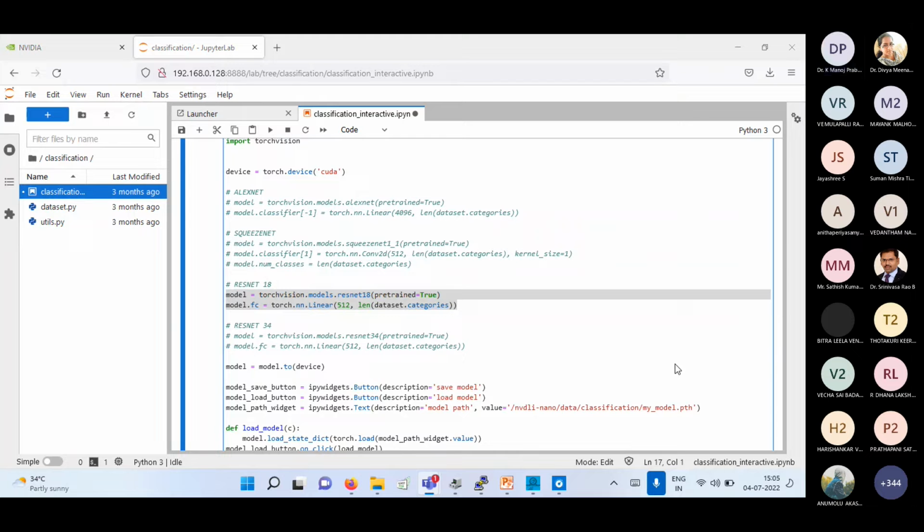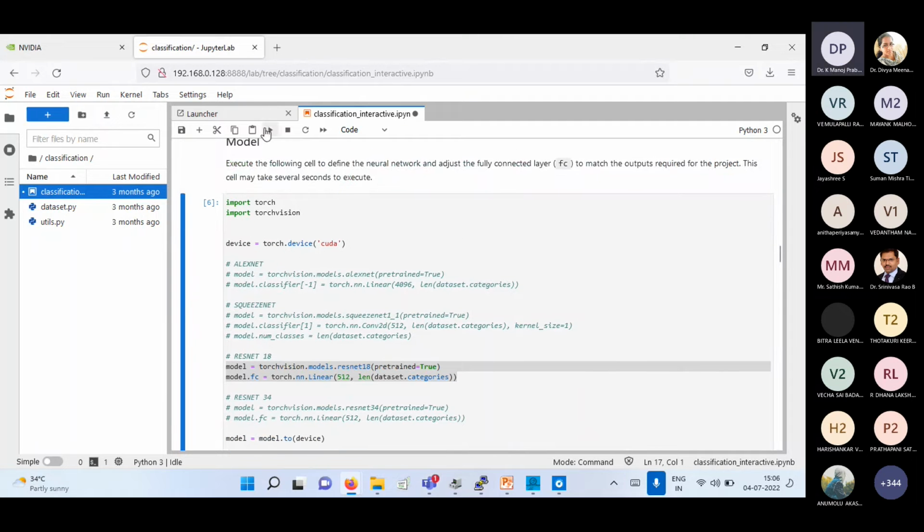Okay, fine, no problem. Here we use AlexNet, SqueezeNet, ResNet 18, ResNet 34, because these are very lightweight deep learning techniques. Only lightweight deep learning techniques can be implemented on this Jetson Nano. If you go with a higher Jetson model like the AGX Xavier or AGX Orin, you can implement high-end models like ResNet 153, Darknet 143, or YOLO v7, v6, v5. Everything can be implemented on the high-end model. But if you go with the Jetson Nano, you have to go only with the lower models. This is a very important thing. So right now I enable only the ResNet 18 architecture.